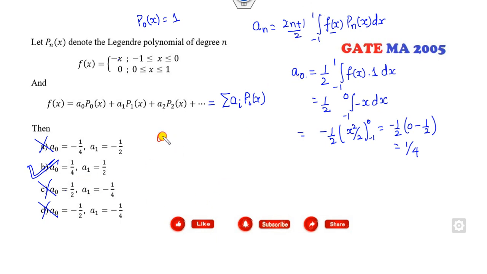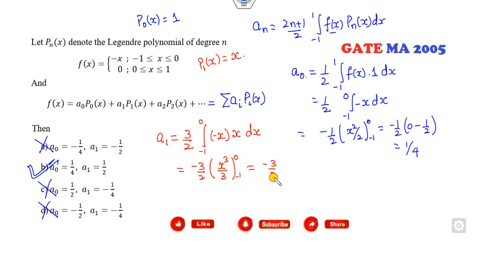If you want to calculate A1, I can do it for you, but there is no need. What is A1? 3 by 2. Again, I can break it from -1 to 0. f(x) is here. What is P1(x)? P1(x) is x, so I can write x here. So it is minus x square. Integration of x square is x cube over 3 from -1 to 0. So I can say 0 minus -1 over 3, and you can clearly say it will be my